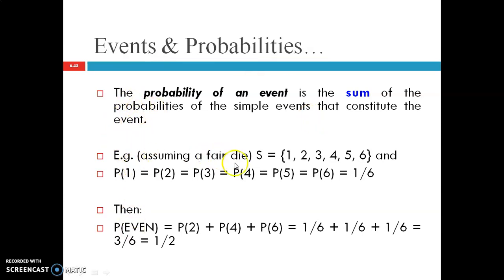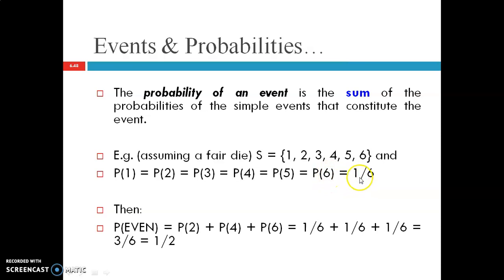For example, assuming a fair die, our sample set will contain these outcomes: 1, 2, 3, 4, 5, 6, and the probability of occurring 1 is equal to the probability of occurring 2 is equal to the probability of occurring 3. In the same way, the 4, 5, 6 probabilities